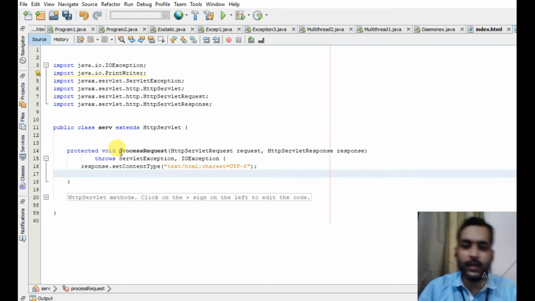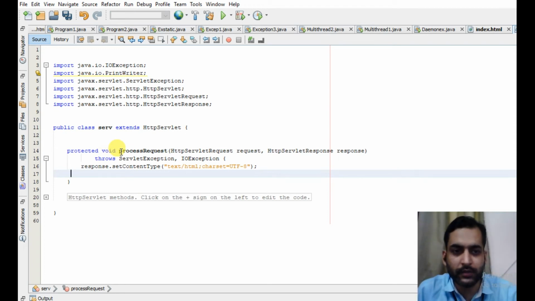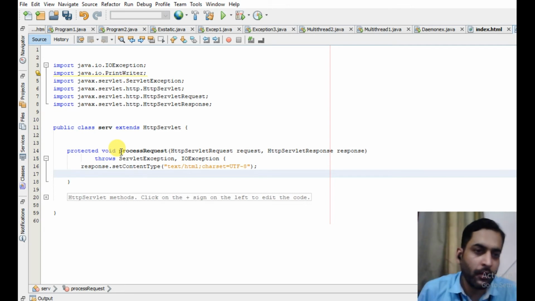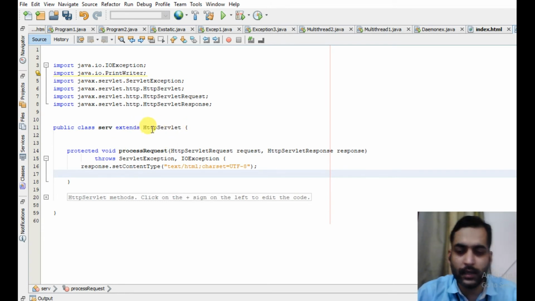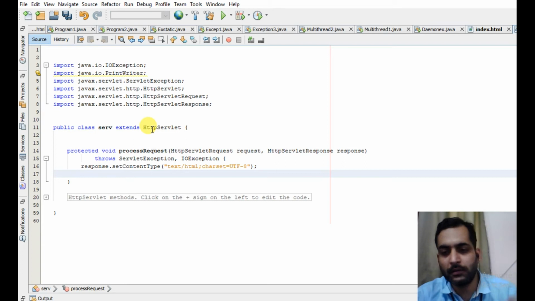So basically this service method is used with the generic servlet. By generic servlet I mean protocol independent servlet. But since we use HTTP protocol for transferring of data from client to server and from server to client, we use the HTTP servlet. So HTTP servlet is the subclass of generic servlet.